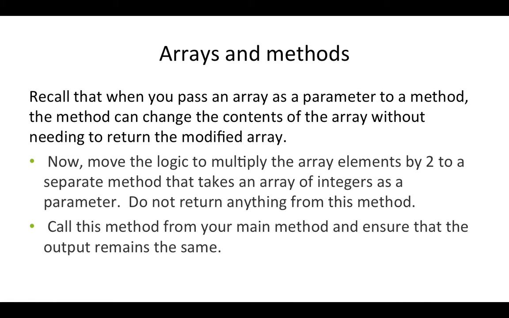We went through this very quickly in the introduction lesson, but I want to emphasize that when you pass an array as a parameter to a method, the method can change the contents of that array without needing to return the modified array. I know that might sound like gobbledygook, but let me try and make sense of what that means. Normally, if I take an int and pass that int as a parameter to a method, and the method monkeys with that int, increases it, decreases it, and does a whole bunch of fun stuff with it,